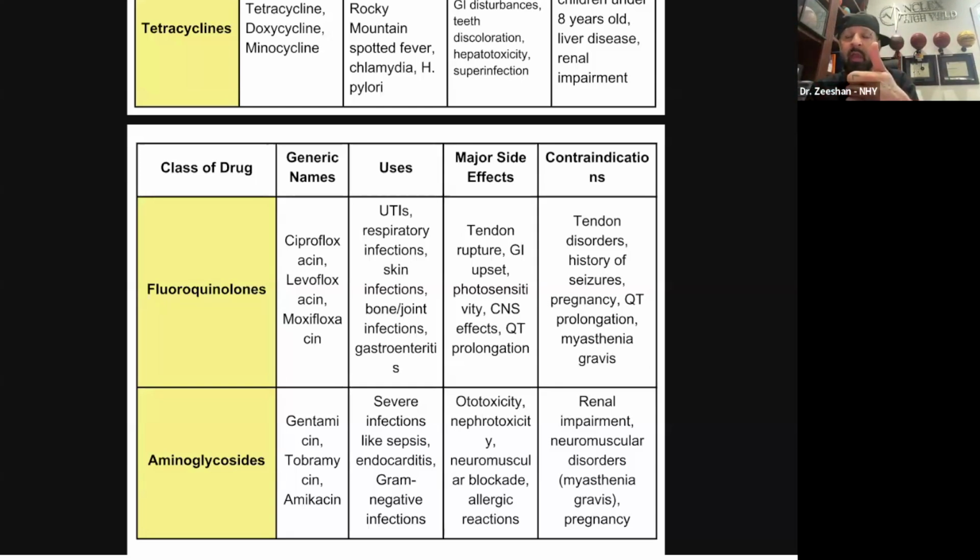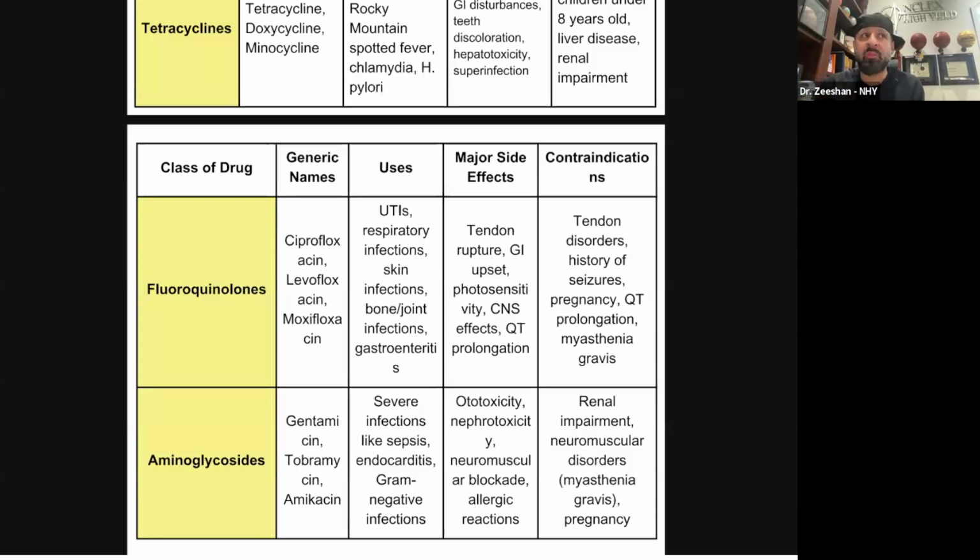Ciprofloxacin, and then what am I going to throw in there, and we'll talk about this drug in a little bit, is trimethoprim sulfamethoxazole, TMP-SMX. So when I put that in there, I'm going to put both in there. And the first line for UTI is actually the trimethoprim sulfamethoxazole, which is, again, Bactrim as the brand name. But it's great for UTIs.